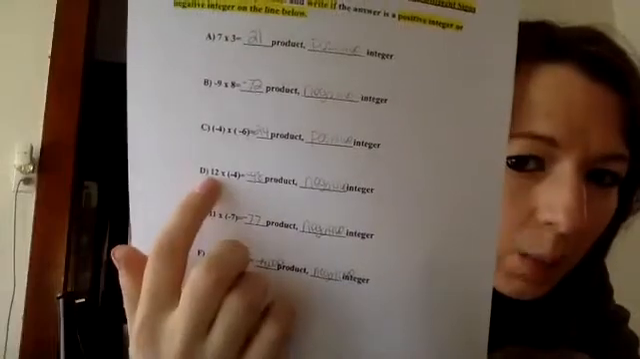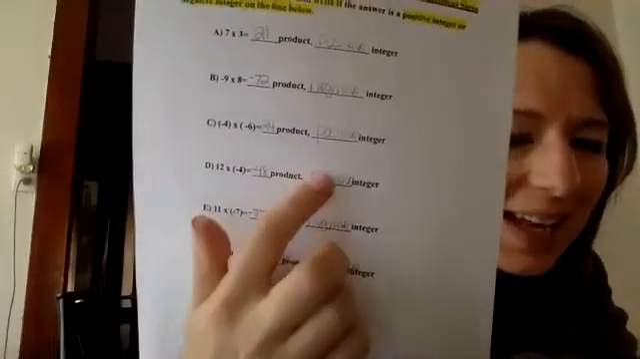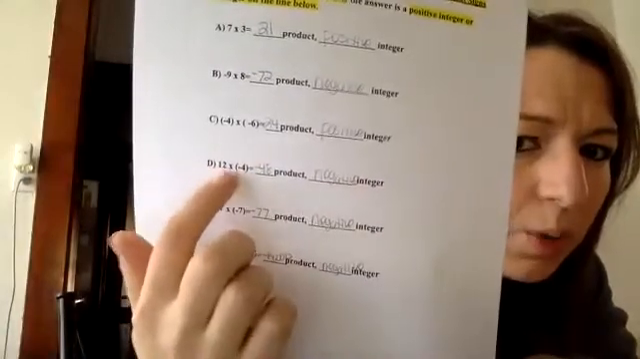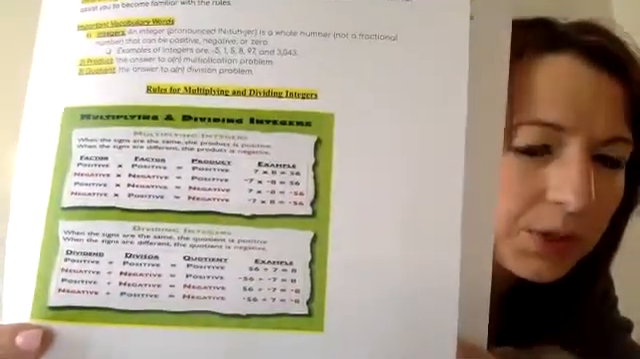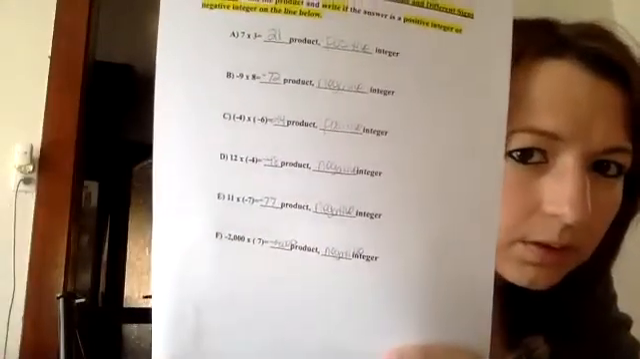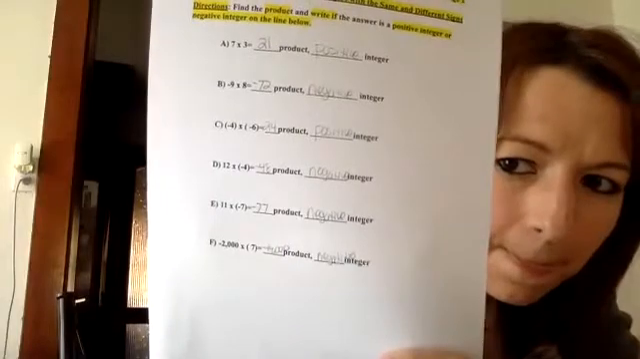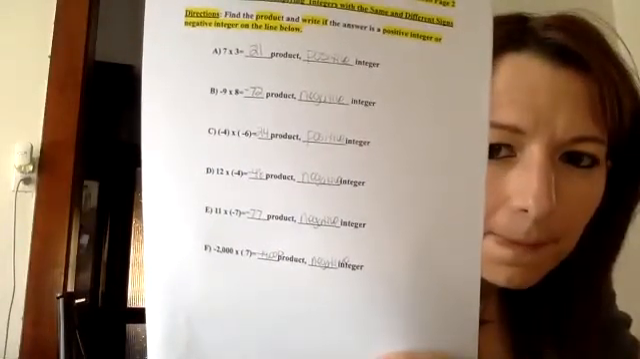Looking at D, we got a positive times a negative. A positive times a negative is a negative, and then we multiply 12 times negative 4, and we get negative 48. We're using the rules that are on this page, okay? We're applying the integer rules for multiplying and dividing integers. Can you slow down a little bit, please? So,